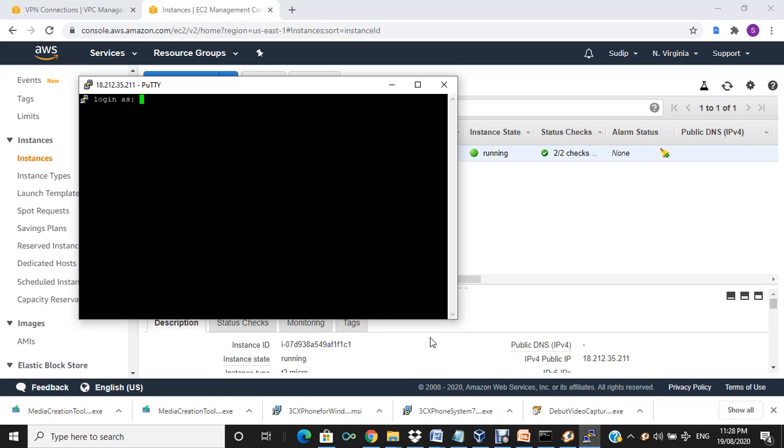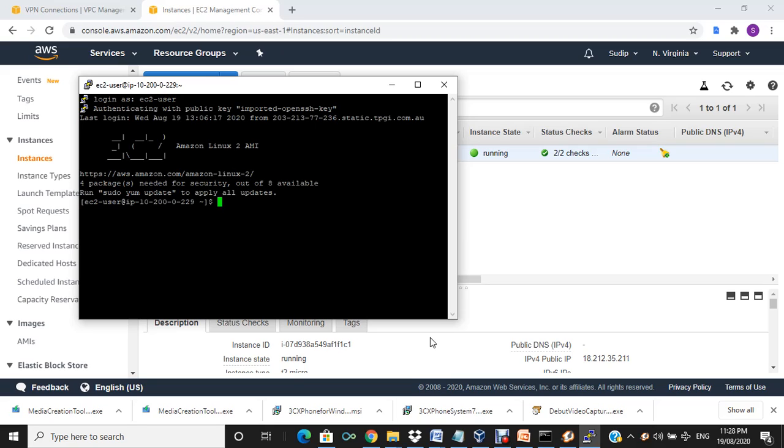So as you can see, I'm logged in on the public IP address from the North Virginia region. So let's enter the command for that. EC2 user, authenticating. Yes, I'm logged in. So what you can check from here,